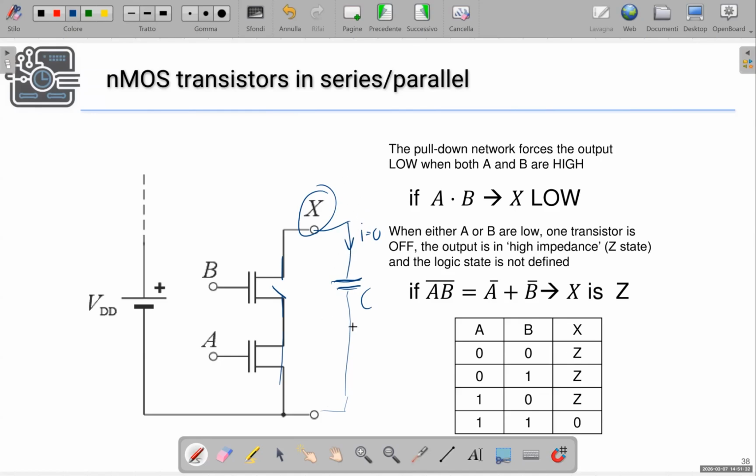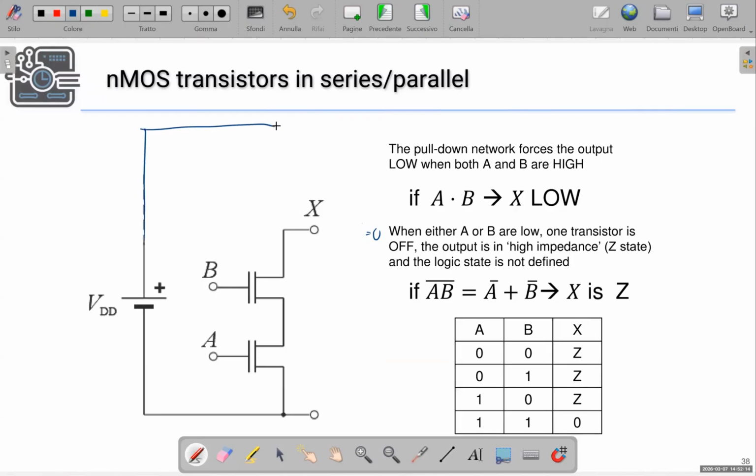Possibly, since this is an extremely weak high impedance node, any external disturbance or even a small leakage current can easily either discharge or charge this capacitor to a value that is neither high nor low. So in this case, we say that the output is in a high impedance state and is not well defined. If we want to get an output voltage at the high state in this condition,